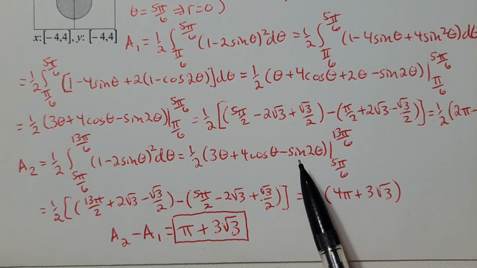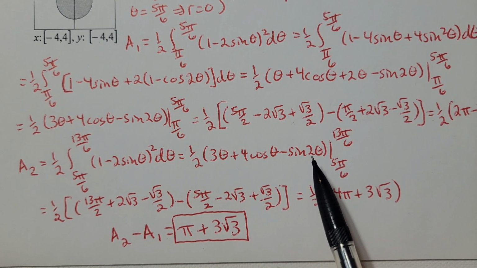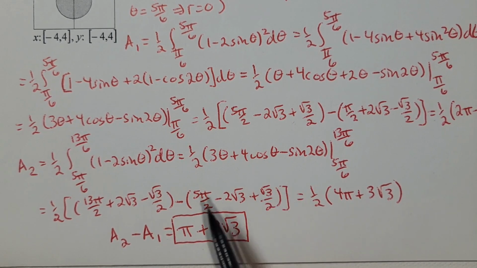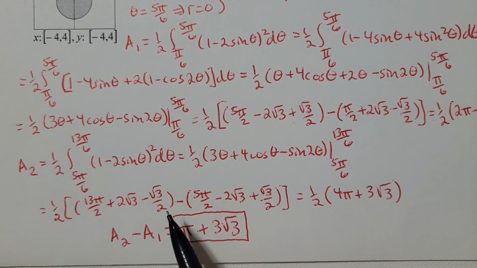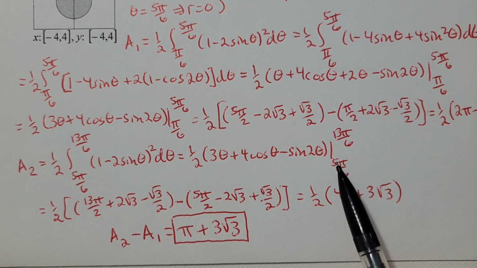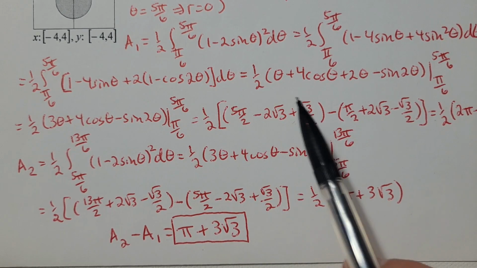Okay, and then minus sine of 2 times 13 pi over 6, that'd be 13 pi over 3, which is the same thing as sine pi over 3. Sine pi over 3 is root 3 over 2. I'm subtracting a root 3 over 2. Okay, and then minus, when I plug in 5 pi over 6. Let's see,